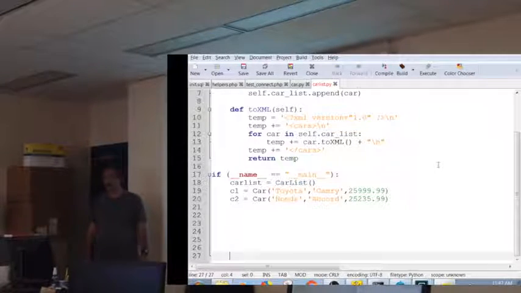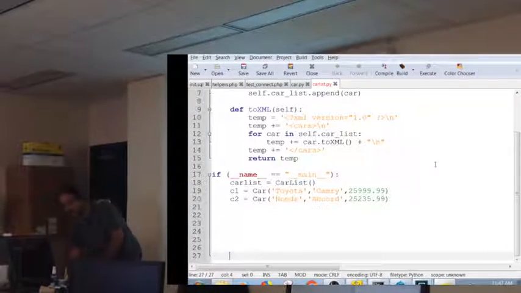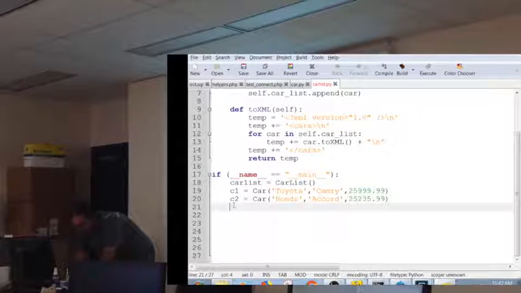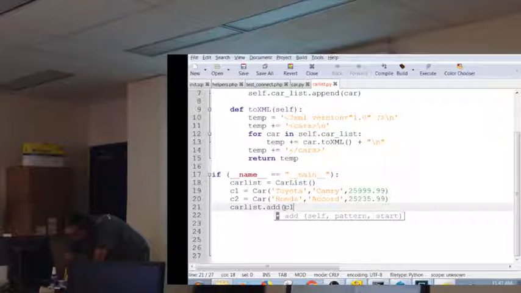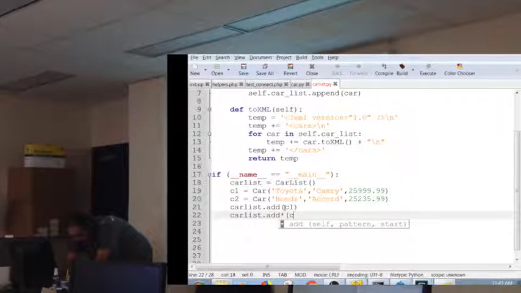right? And then what I gotta do is I gotta add them into my car list. Okay, that's pretty easy. Just call the car list the add method. So car list dot add C1, car list dot add C2,